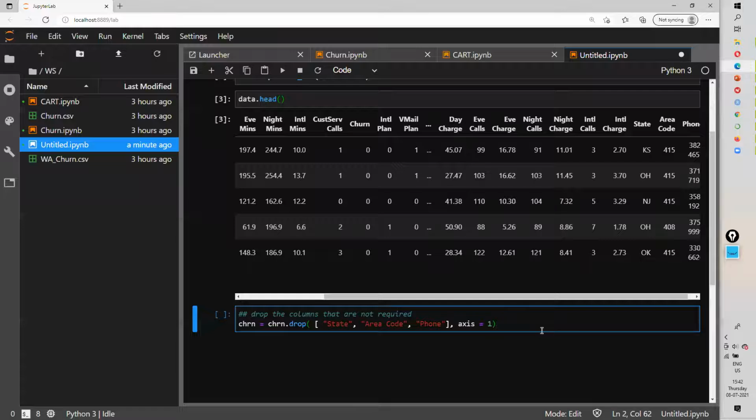Why are we going to drop them? You need to understand the other concepts of data science for this. When you have a variable, it doesn't mean that variable is useful in prediction. So you need to figure out whether that variable is useful in prediction or not. This is called causality analysis. Let's say tomorrow it is going to rain. To predict rain, you might need variables like temperature, humidity, wind pressure, and the month of the year. All these things are useful because they would have an impact on the rainfall tomorrow.